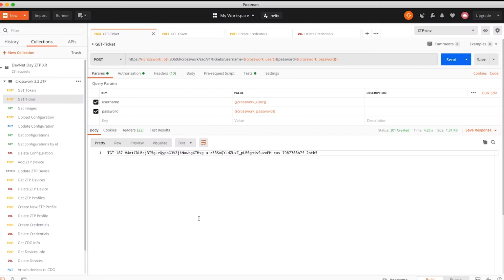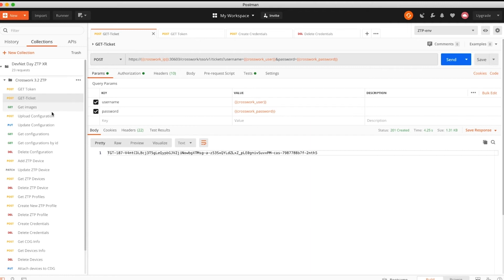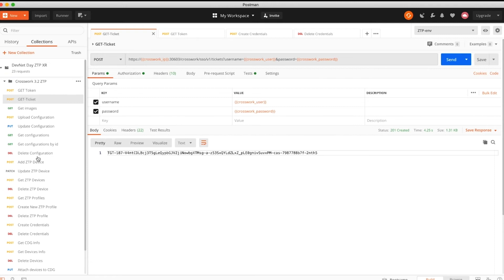Now, before we proceed any further, let's take a look at the ZTP server APIs that are provided by Cisco Crosswork and how we can utilize them using Postman. This will help you understand the structure of the APIs themselves and then be able to leverage these APIs in your own automation workflows, such as the Python script that I was just showing. Now, in this case, the Postman collection that I'm using with all the different API calls that you see here, these have already been shared publicly. You will actually find the URL for this collection in the Git repo that I shared earlier.